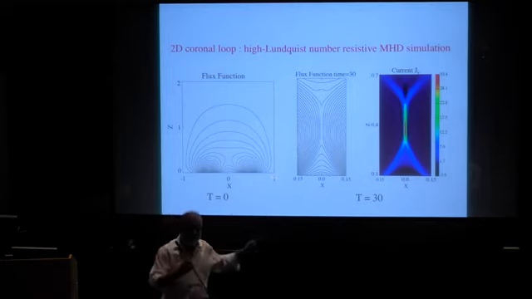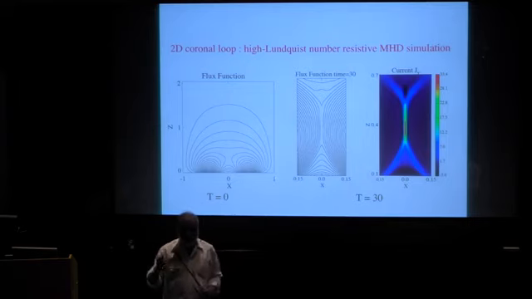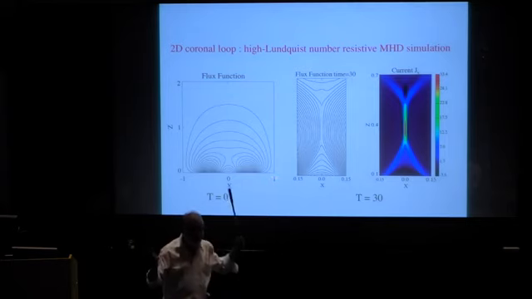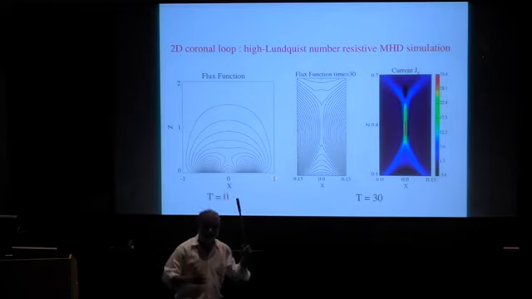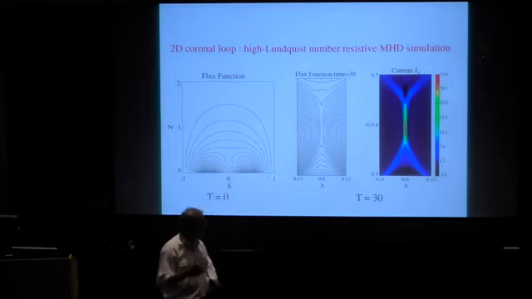If you run the same simulation with a Lundquist number of 100, you will not see this lengthening. It'll all look like a diffuse X point, and you can calculate Petschek-like rates. Log S gives you a number of the order 10, less than 10. S to the half gives you 1 over 10. What distinction are you talking about at S of 100? Log S and S to the half are not that well separated. But at 10 to the power 5, 10 to the power 6, you begin to see a scale separation, and this is what you find.